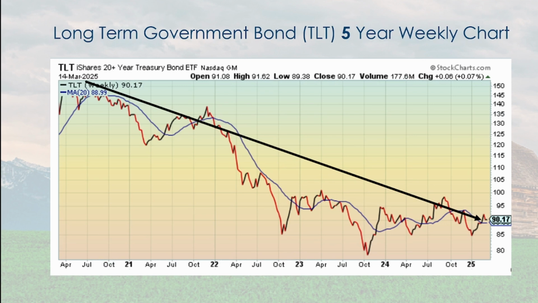Bonds, you can see where they are at the very end. They've come up, but now they've come back down some. And long term, over 5 years, not very good. And if you look at other bond indexes, AGG or IEF, or even the junk bonds, HYG, they're all going down.